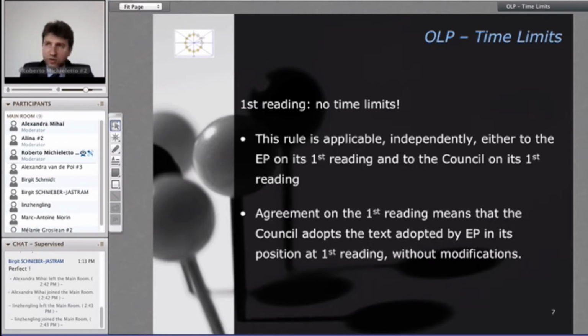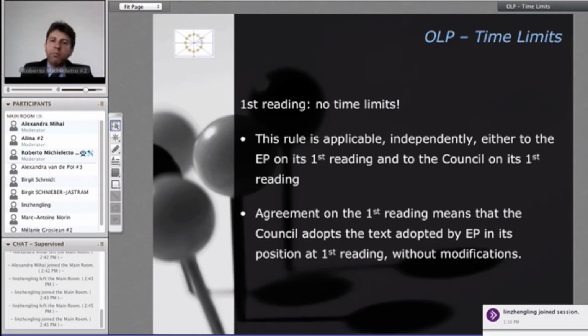So we can have some strange situation, and you can understand that with this, you can play sort of pressure on the other one. For instance, we have a proposal which is interesting for the Council, but not for the European Parliament. So the European Parliament, before adopting a position, can wait, because they are not under pressure. And the Council has to put pressure on the Parliament: please, adopt your position, otherwise we cannot adopt our position. And then you can understand that it's a question of power.